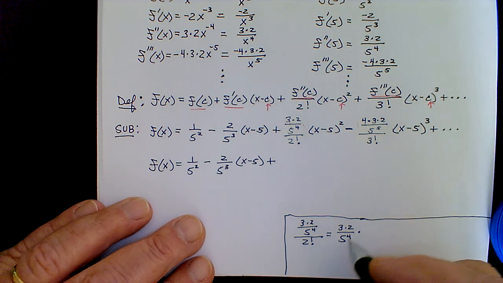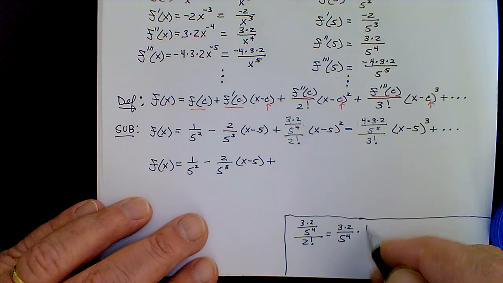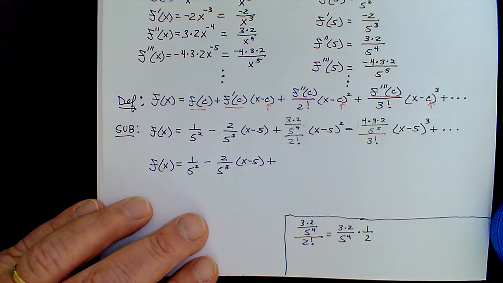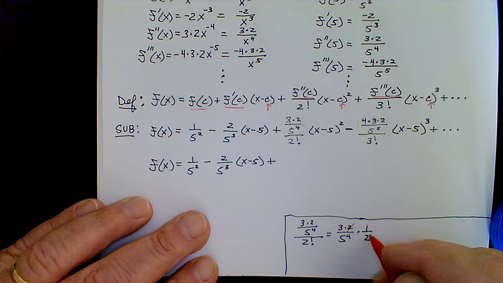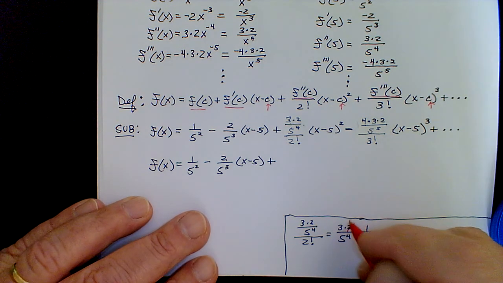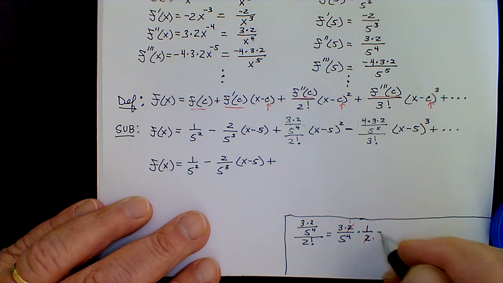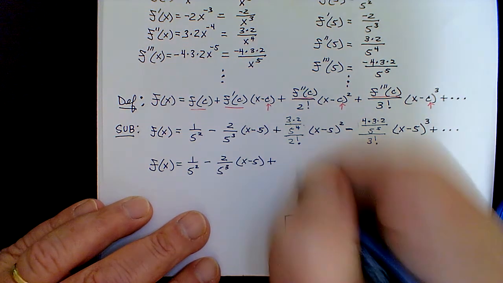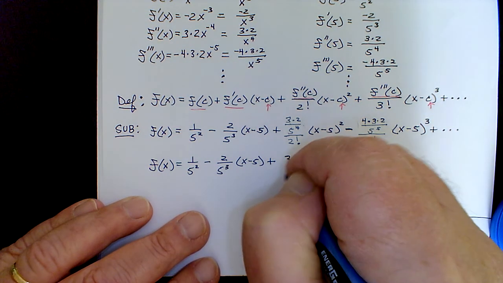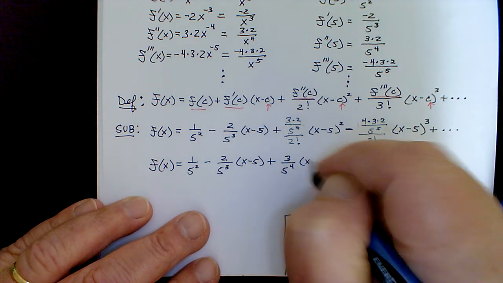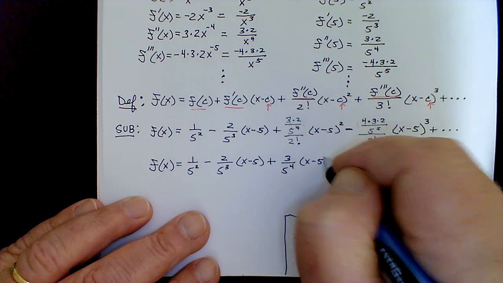So that's 3 times 2 over 5 to the fourth times the reciprocal of 2, which is 1/2. But then you can cancel out the 2's. Replace them by 1's to be formal. And we just get 3 over 5 to the fourth. So we'll say this is plus 3 over 5 to the fourth now, times the binomial x minus 5